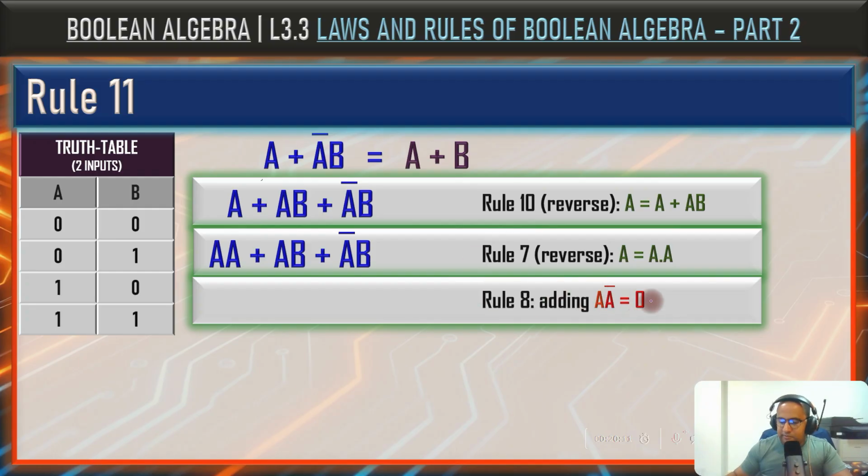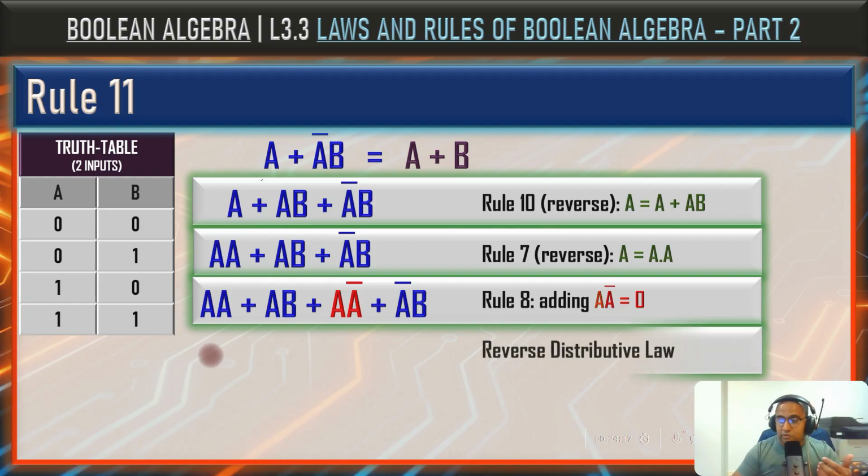So adding this term, the expression becomes a times a plus a times b plus a times a negated, or a bar, plus a negated times b. Notice that a times a negated is highlighted because it was not originally part of the expression. We added it deliberately. Since a variable multiplied by its complement equals 0, this term contributes nothing logically. However, this 0 can be strategically useful to force a simplification.